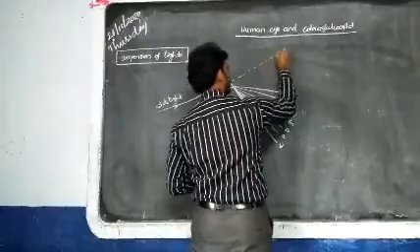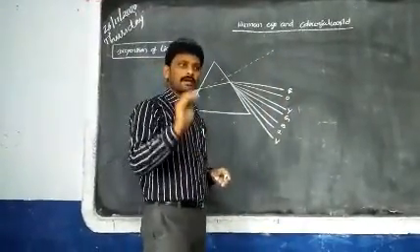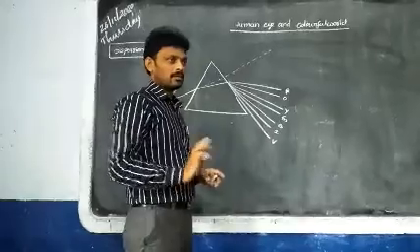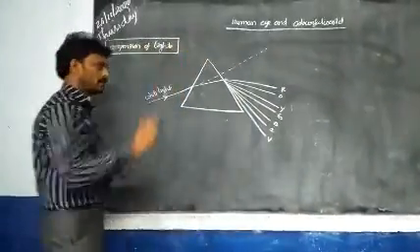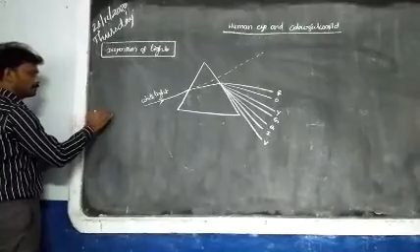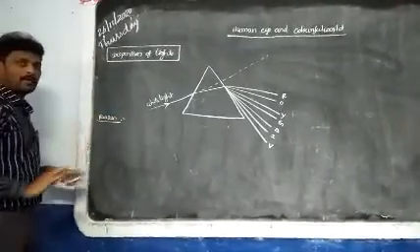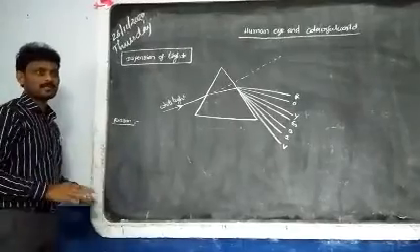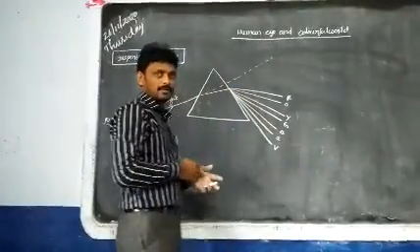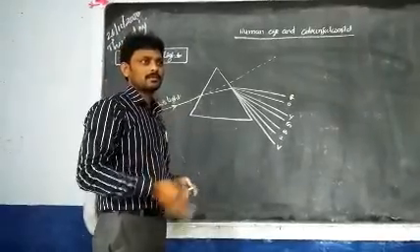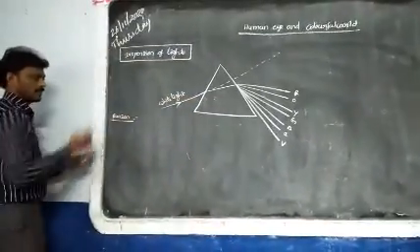So here my first doubt is, sir, why is this dispersion happening? Okay, dispersion definition understood? Okay, why is this dispersion happening? What is the reason for dispersion? This chapter now you can understand and you will enjoy this chapter very easily. All are natural phenomena which we observe in our daily life. Sometimes we also get doubts, so those doubts we are going to clarify here. Why it is happening, the reason.